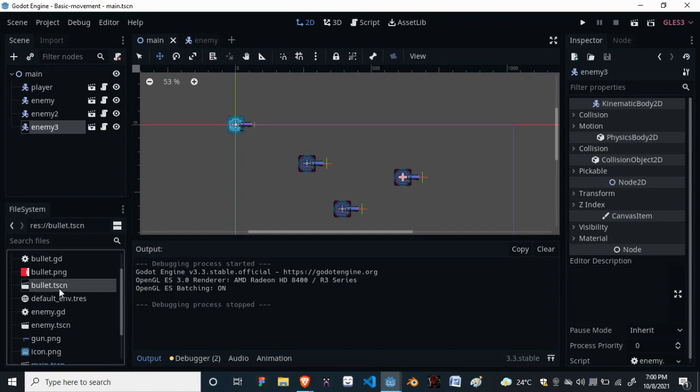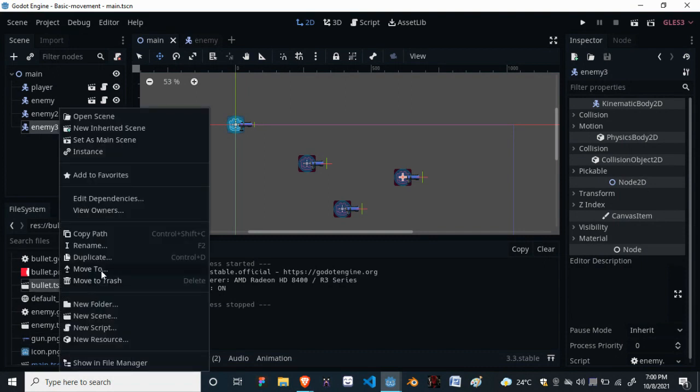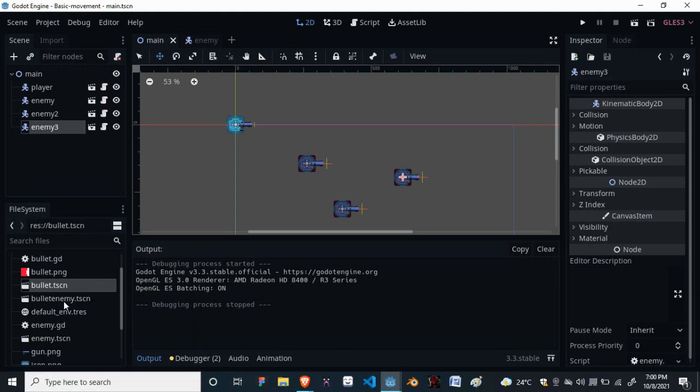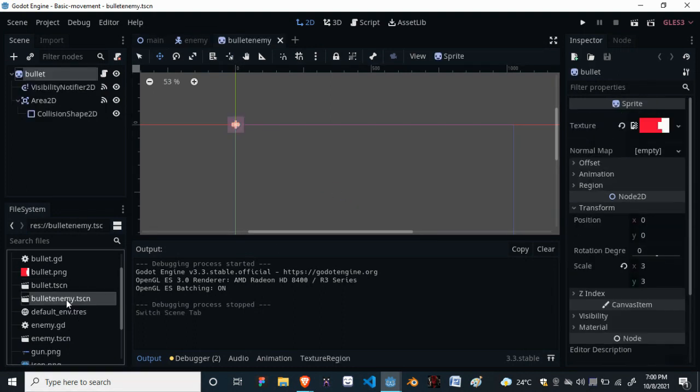Now let's create our bullet scene. Instead of creating the bullet scene from scratch, we will just duplicate our original bullet scene, and we will name it bullet enemy so that we can state that this bullet scene is for our enemy. You can give textures to the new bullet. I'm just changing the color to differentiate between the player's bullet and the enemy's bullet.